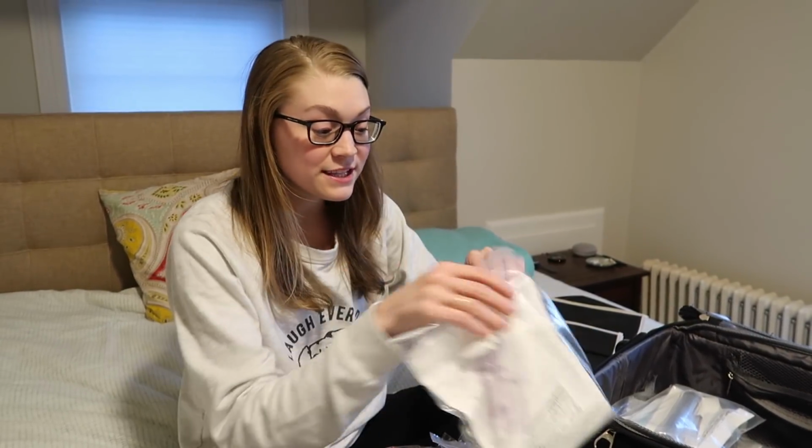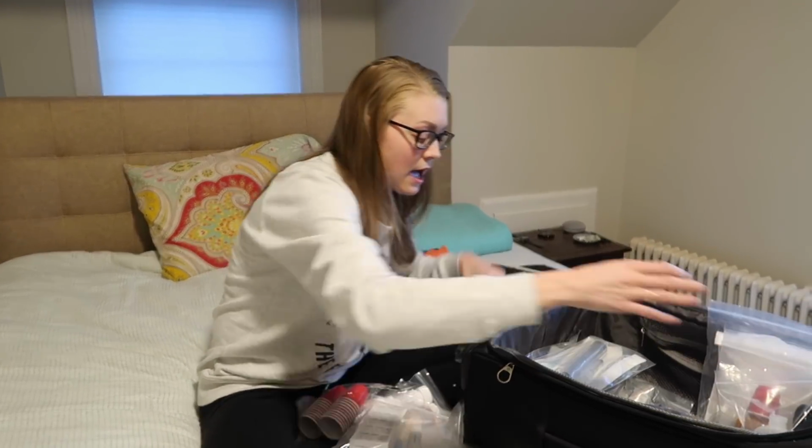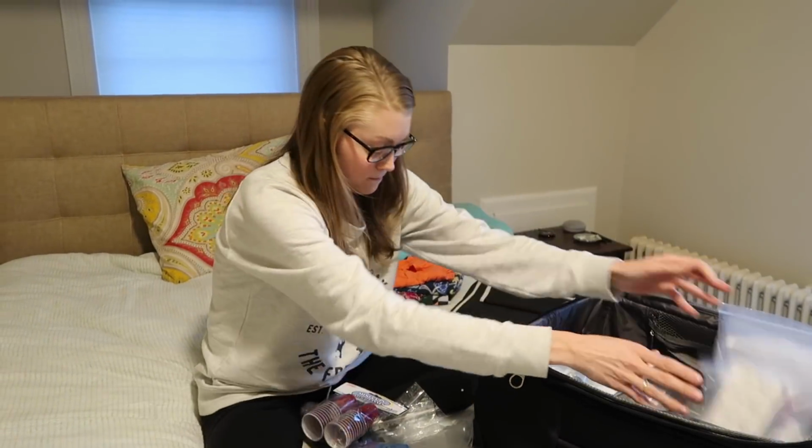Yep. And then for our normal, okay, so I'm going to put this all back in, and because it's all in Ziplocs, it's going to be easy. But for our normal bag...